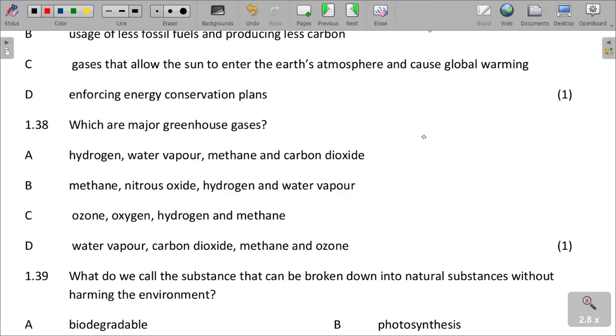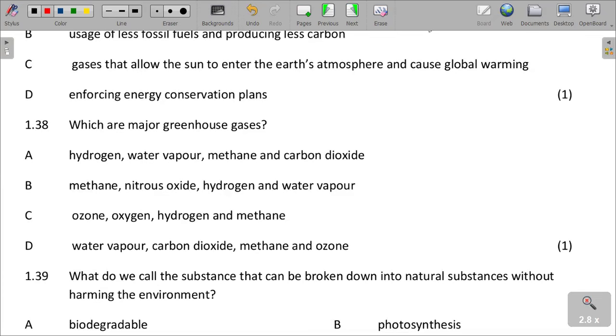And then which are major greenhouse gases? Number 38, which ones are major greenhouse gases? We must talk about gases that are found in the atmosphere that trap the heat, which can sometimes result in global temperature increase. So we must have methane, we must have carbon dioxide, and what I want you to